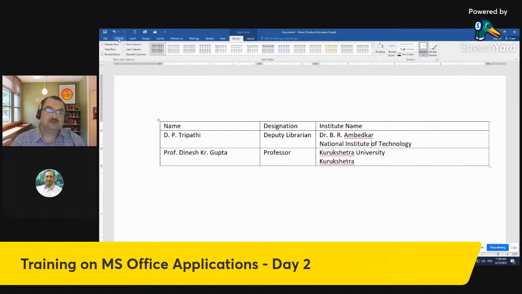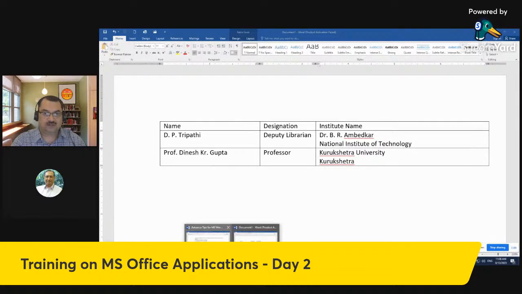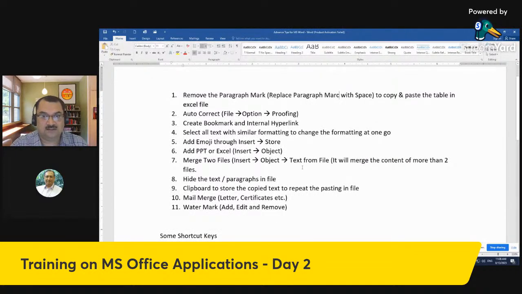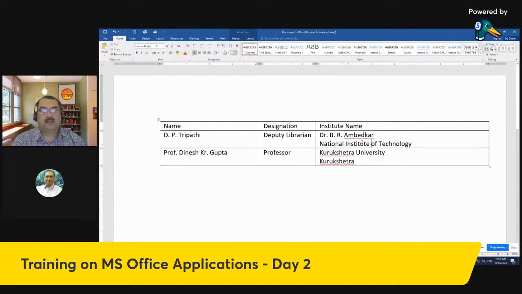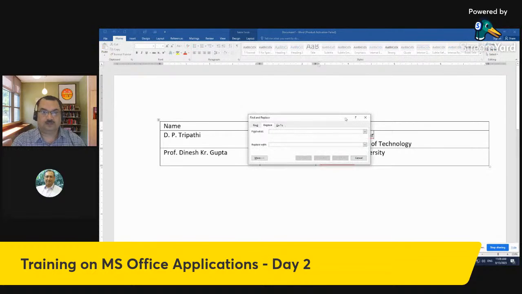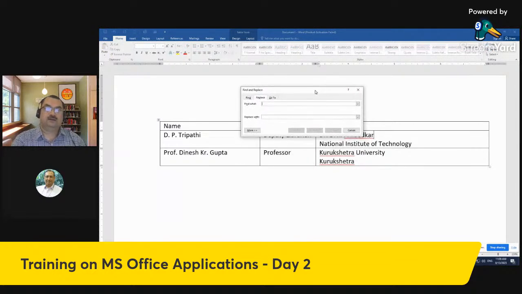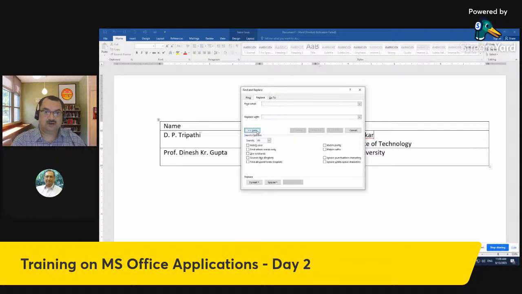For this, there is a very good option available, and you all must know how to remove this, which is called the paragraph mark, with a space. So how do you do that? For that, you need to go to file, and then you have to click on the replace button. Here in the replace button, just see the screen. In the replace option, there is a button called more, and you will notice here